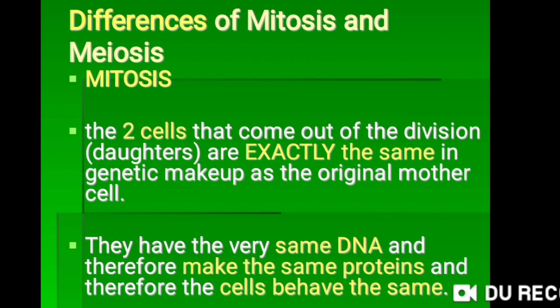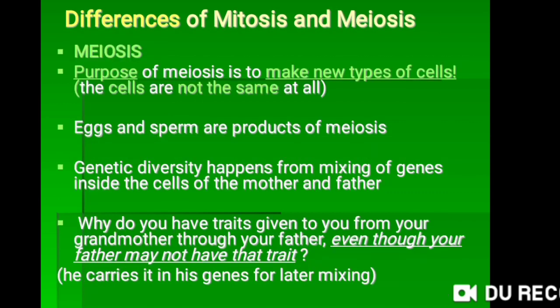When you talk about mitosis, the 2 cells that come out of the division, the daughter cells, are exactly the same, identical in genetic makeup. They have the very same DNA. Why the same DNA? Because they are identical to each other. They are not haploid, they are diploid, so they make up the same proteins and the cell behavior is the same. But whenever we talk about meiosis,